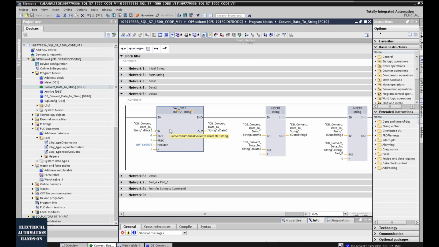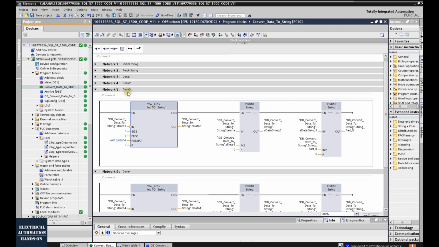We will assume this float value has 4 digits before the decimal and 3 digits after the decimal. So in total, the size of this float value is 7. And the PREC, after the decimal, we leave 3 digits here. Because data 3 and 4 were integer values but now they are real, float values,